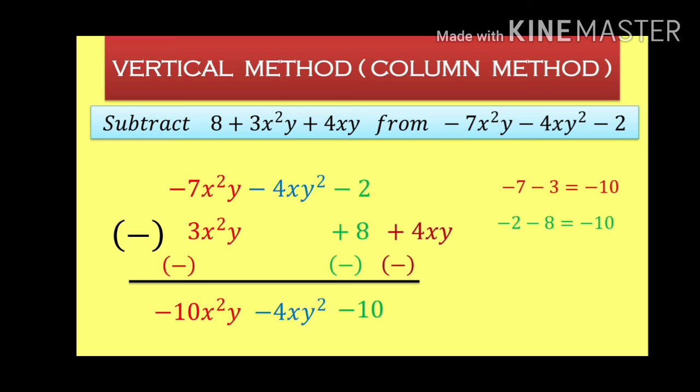And the last one, you can see here, minus 4xy, and we don't have anything in the upper part. So the same thing, just put it as it is. So this is the way to solve addition and subtraction of algebraic expressions. Two things you have to remember: one is the integer rule, next is like terms. Integer rule, like terms. That's the most important thing. And when you are multiplying with a negative symbol, the sign has to be changed. In this way, we can solve any question related to addition and subtraction of algebraic expressions. Thank you and keep exploring.